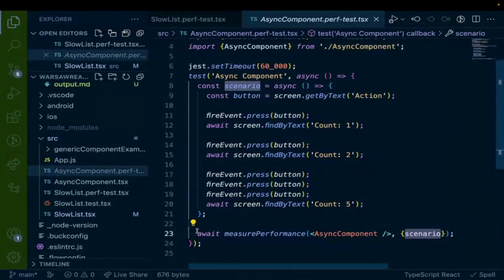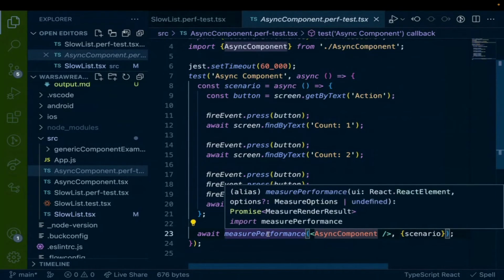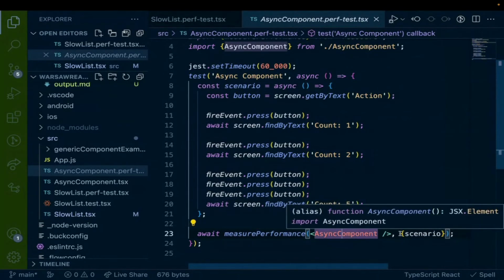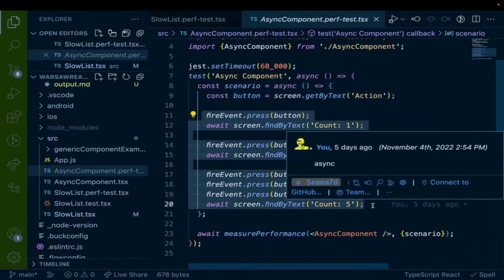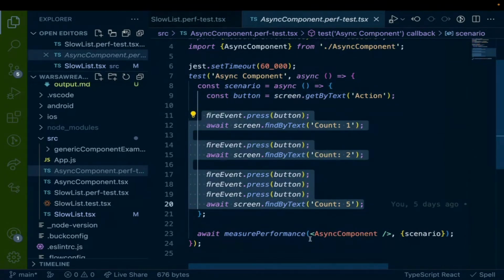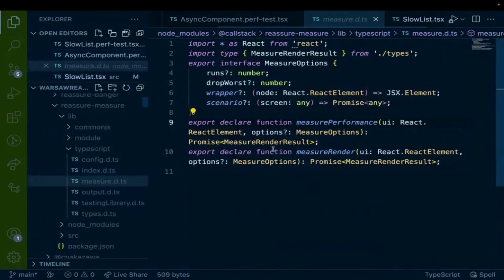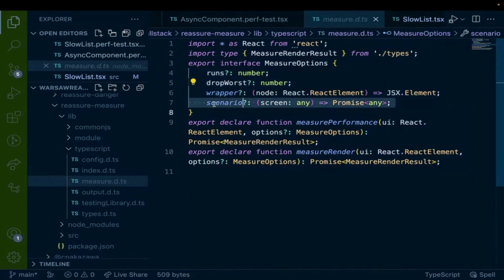So I again await my measurePerformance, but what Reassure allows me to do is pass a scenario to measurePerformance. My scenario is that I find my button and I just press it several times. That's all. And again, if you go into measurePerformance, you can see that there are options here. As options, you can provide runs, so how many times you want it to run, some wrappers, and a scenario.